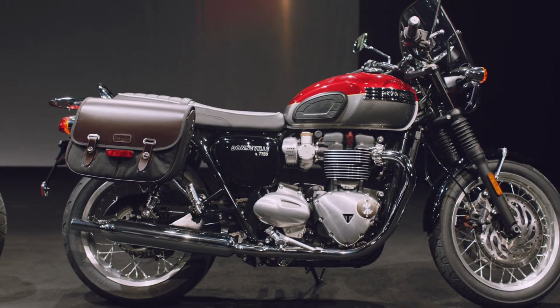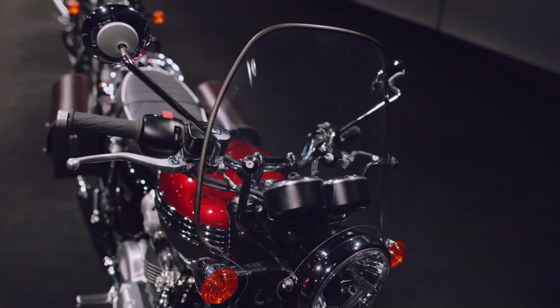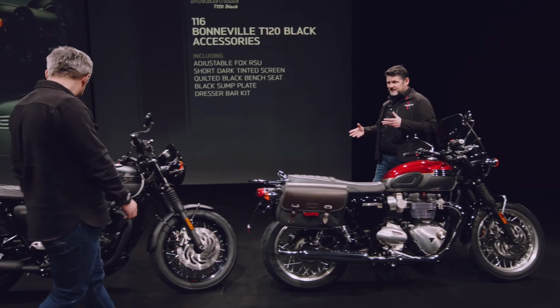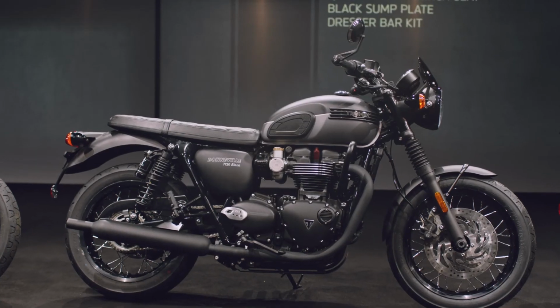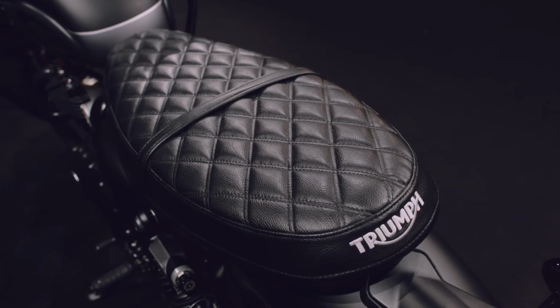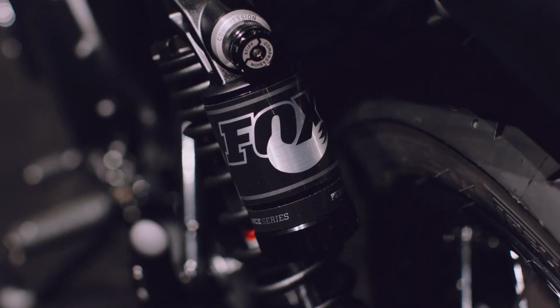This shows how you can set the bike up to be even more touring orientated with these wax cotton panniers. You have the touring screen and also the chrome passenger grab rail and rack. And then with the T120 Black, this shows how you can add even more to that blacked out look with this short, dark tinted screen. You've also got the quilted black bench seat, a black sump plate, and more handling performance with a Fox adjustable